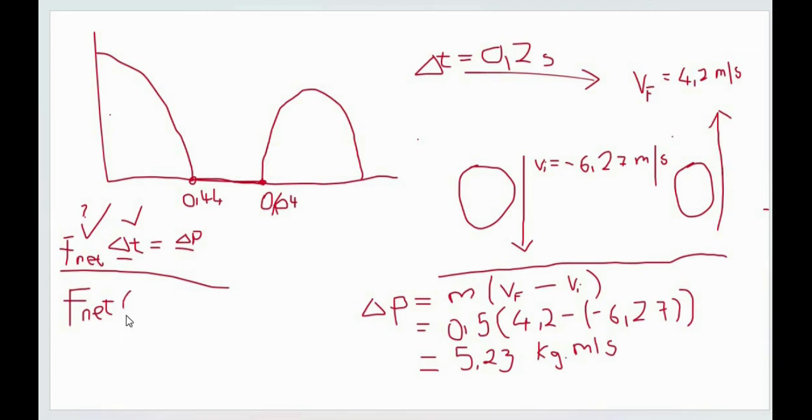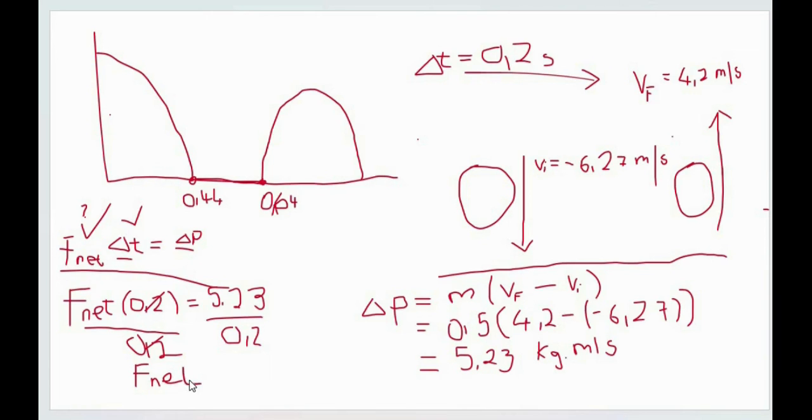F net, what is the change in time? That's 0.2, and then the whole thing is just equal to 5.23, right? And we want to make F net the subject. It means we divide on this side by 0.2, and on the right hand side you also divide by 0.2. Whatever you do on the right, you must also do on the left, right? And these two cancel each other, and then you are left with F net, which is equal to